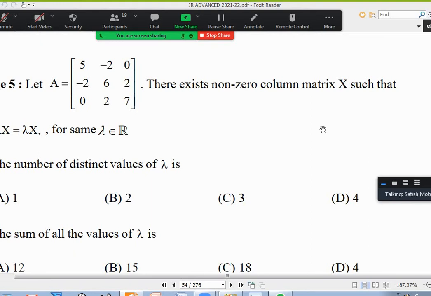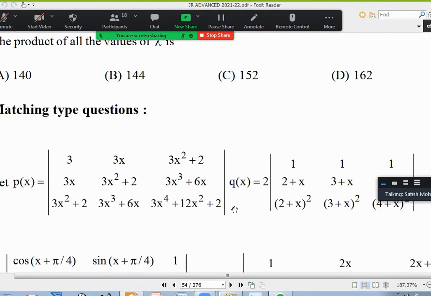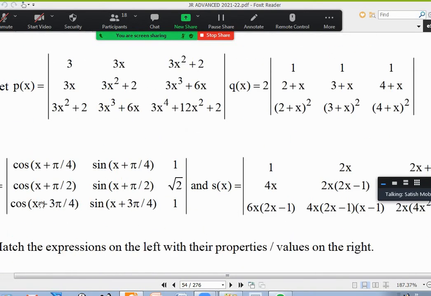Simply take delta of A minus lambda I equal to 0. It is the same as a non-trivial solution, and then you will be able to do this passage. I'm just giving the hint. There's also some trigonometry involved here. Other questions may not involve it, but this one does.